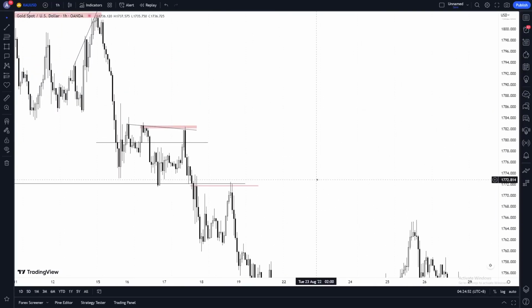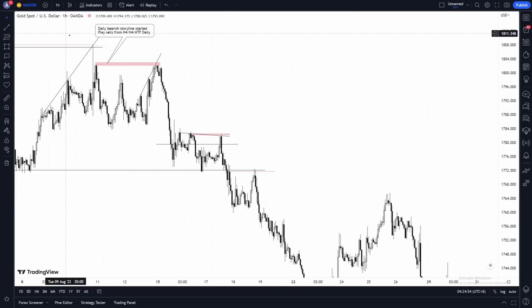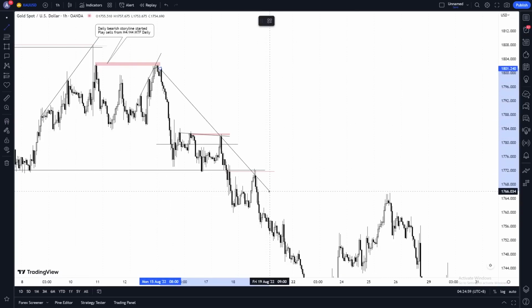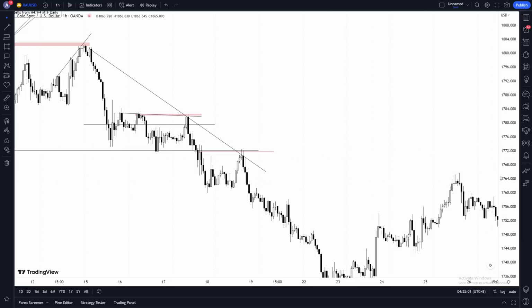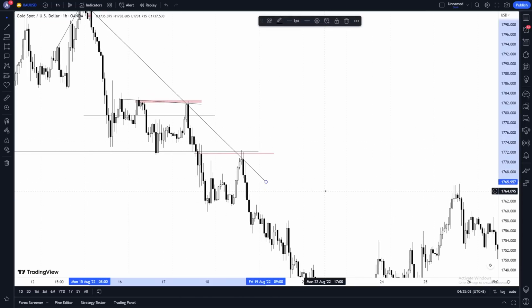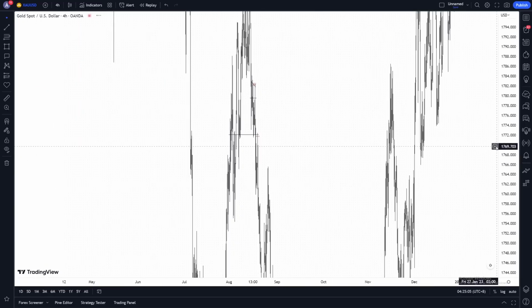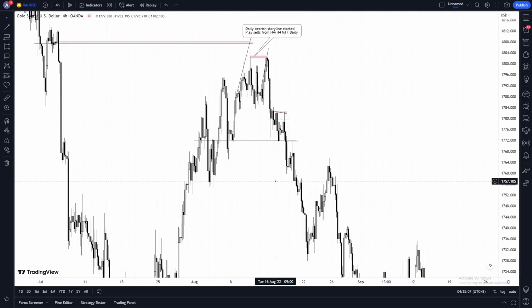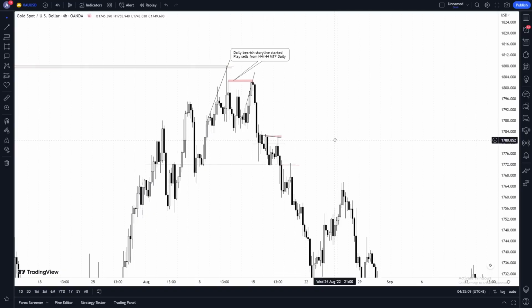And then you can add trend lines. I don't even know what trend line there was, but you can add a trend line in there. Whatever the case may be, and again, if you're ever in doubt, just don't take the trade. Just don't take the trade if you're in doubt.